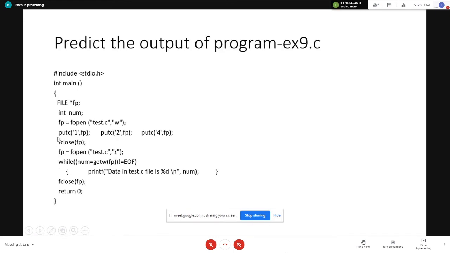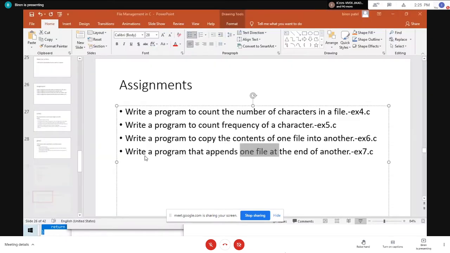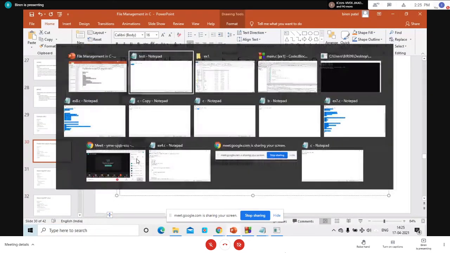Here I am using putc and trying to store different values 1, 2 and 4 inside this particular file test.c. Now I am trying to read these numbers using getw. Using getw, you need to predict the output of the program. Let's execute so you can observe the output.